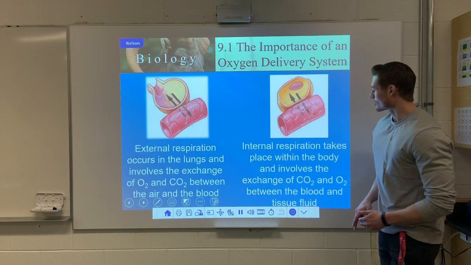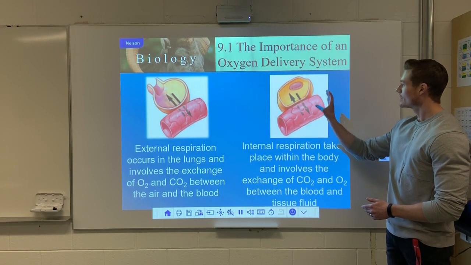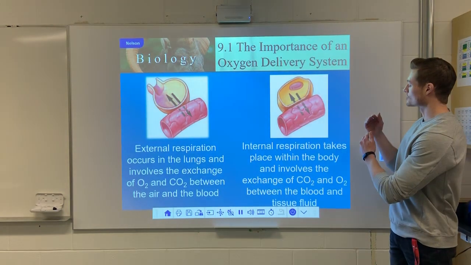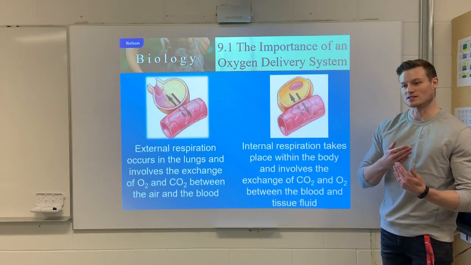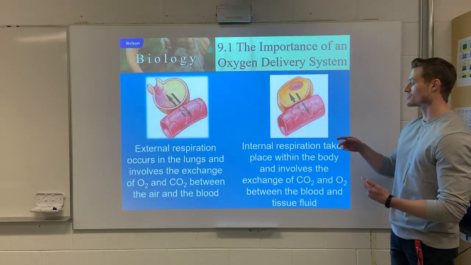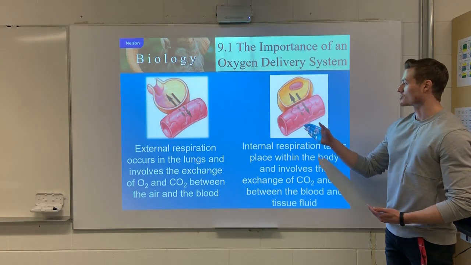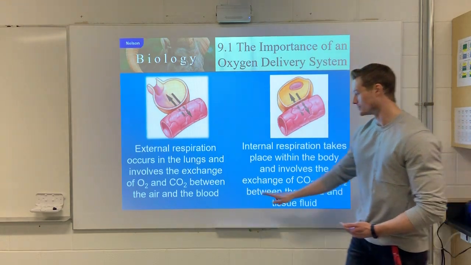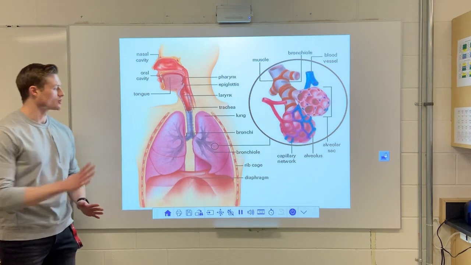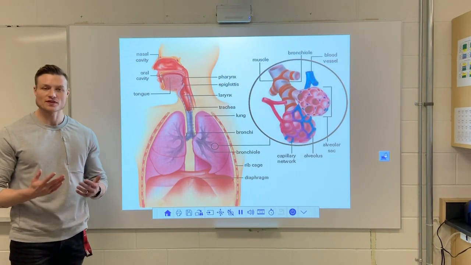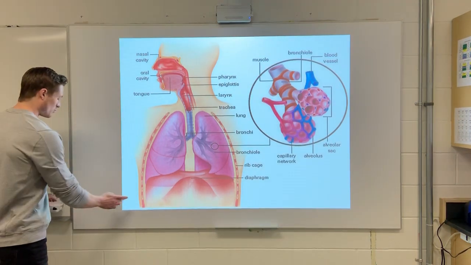Then if you look over here, we have internal respiration, where we have an exchange between our blood and our cells. So now oxygen is going to move into our cells and CO2 is going to move out of our cells. And these two exchanges, as you can see, both involve an exchange of gases with the blood. So, the main goal for today is to go through these structures, discuss what they do, and their role in the respiratory system. So starting off at the top here, we have